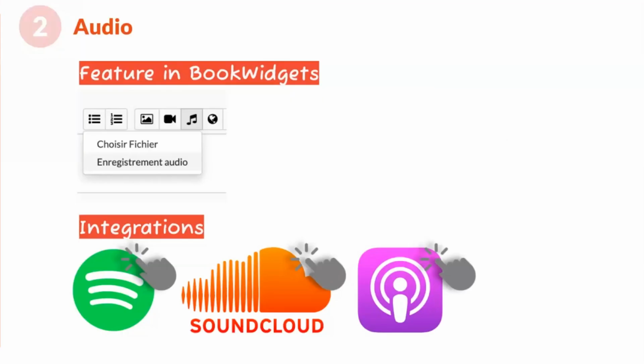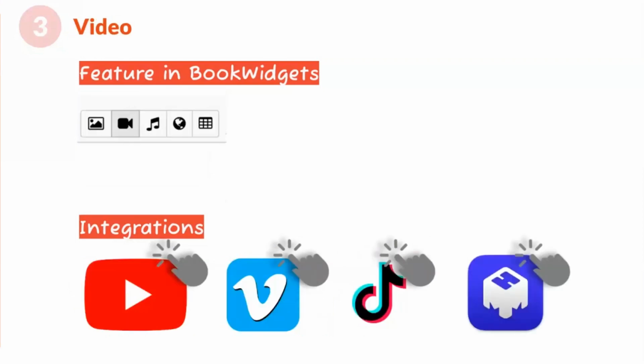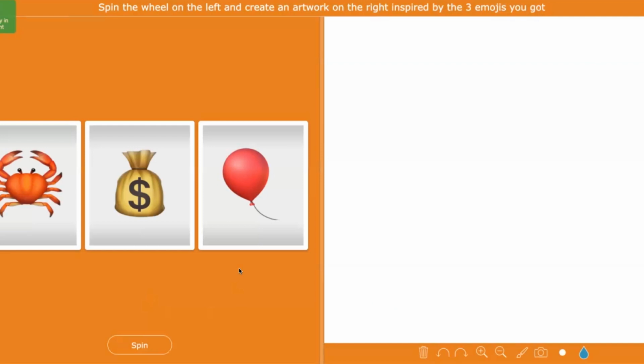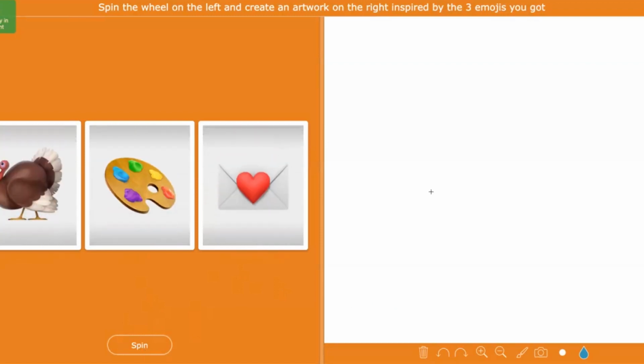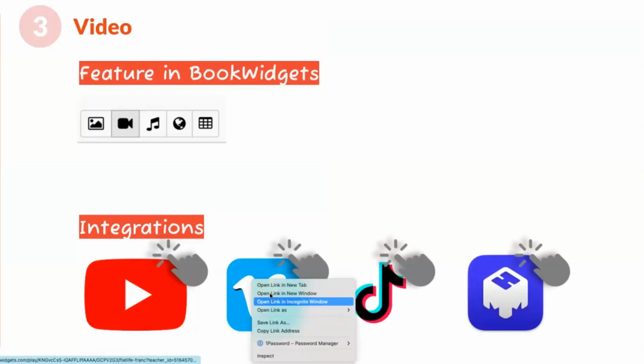All right, so let's take a look at some video. Oh, look, there's an example. So again, within BookWidgets, you can use that rich text editor. You can embed anything from YouTube. So here we have a widget inside of a widget. It's a split whiteboard. You can spin the wheel and then on the other side draw what you see. So you could have a YouTube video that they're watching and then draw a diagram on the one side. From Vimeo,